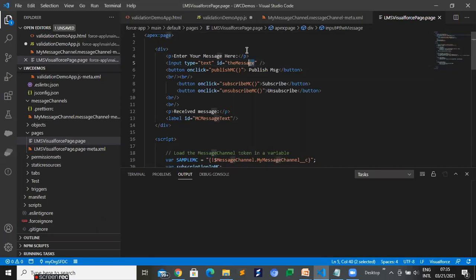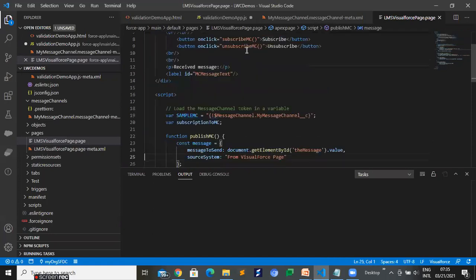For publish, we have user defined functions: publish message channel, subscribe message channel, unsubscribe message channel, and we have one label where we can show the message that comes maybe from your LWC component or from the VF page to LWC, right? Now in this particular page, we created the UI like that, right?